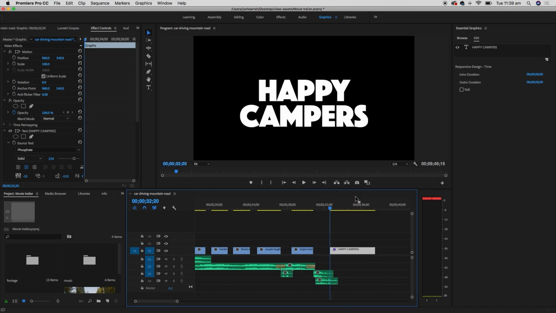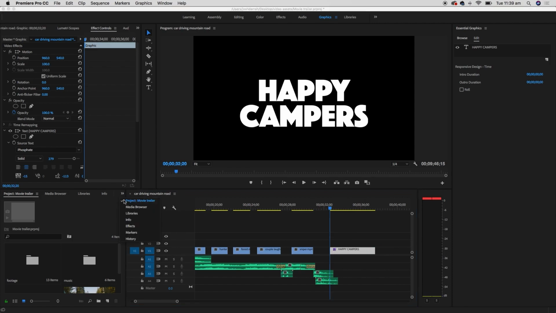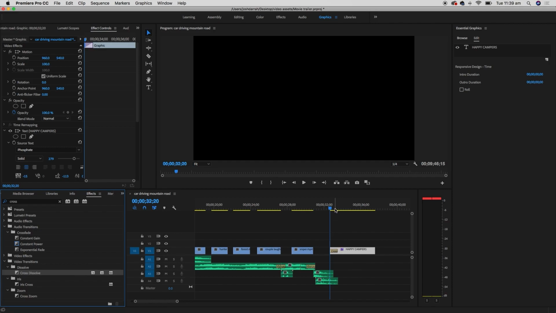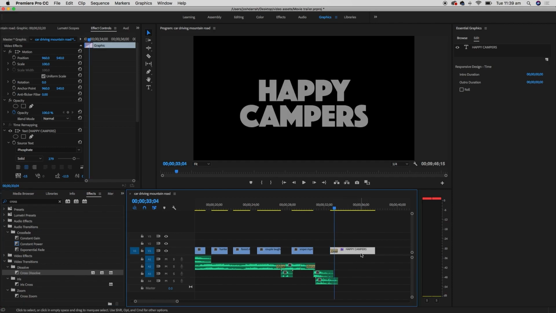And I don't want this to appear suddenly. I like this to fade in. So I'm going to apply a video transition to this. So I'll go over to my Effects tab, type in cross, and I'll look for the video transitions, dissolve, cross dissolve. I'll click and hold and drag that over and place that at the beginning of my title clip. So you can apply transitions onto your title clips just like any other video clip. Now when I push play,